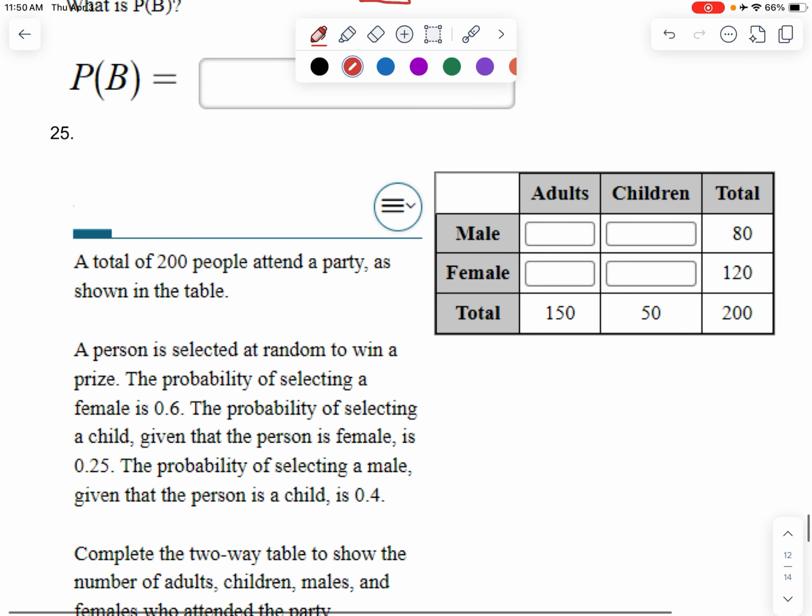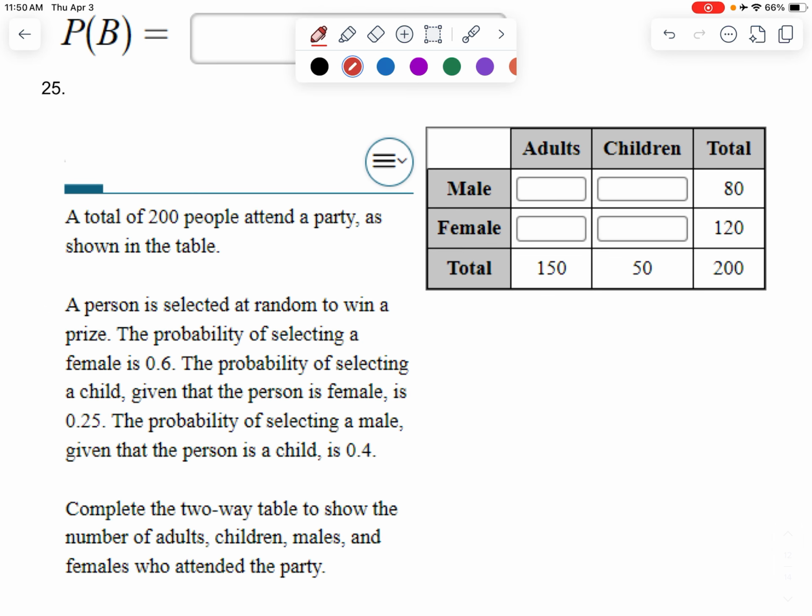All right, here's 25. Okay, so you can see I have this table here. I'm trying to fill it out, but I don't have enough information. So what it tells me is that a person is selected at random to win a prize. The probability of selecting a female, and I'm going to highlight these, the probability of selecting a female is 0.6. I do believe you're allowed to highlight on the EOC. The probability of selecting a child,